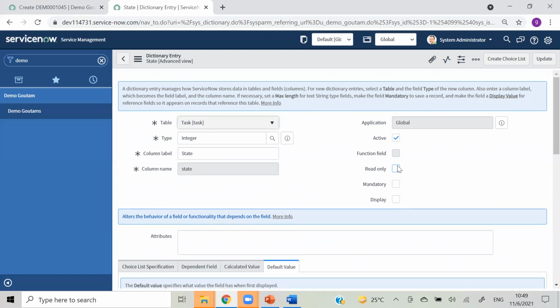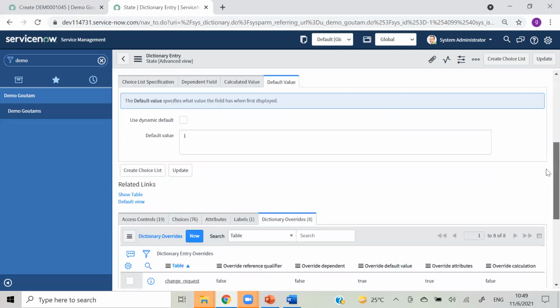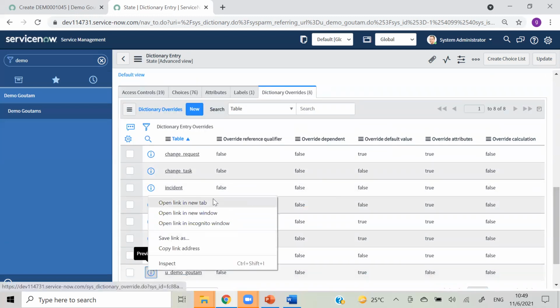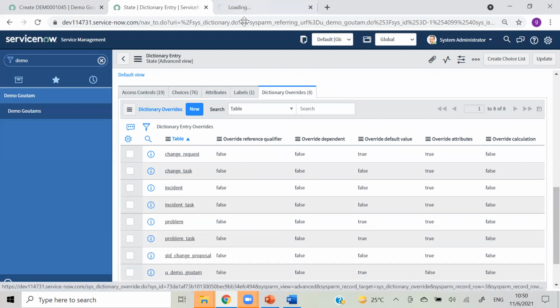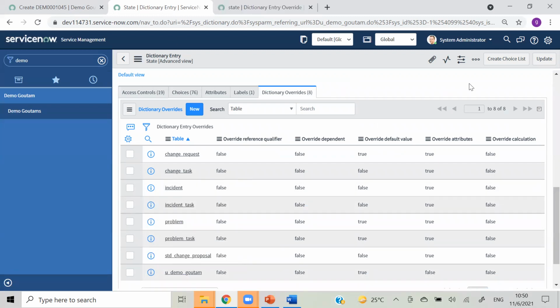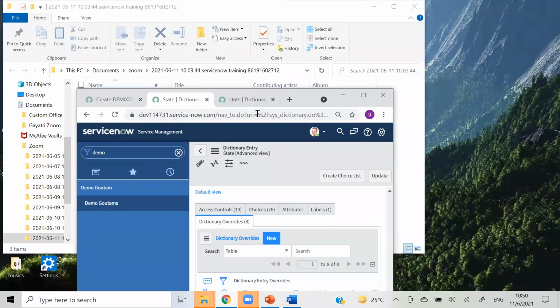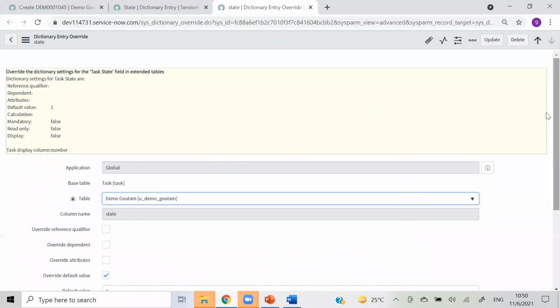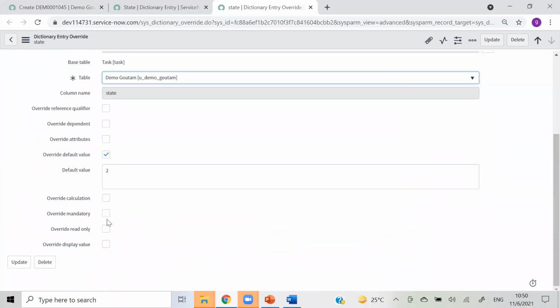These are coming from default table, and you can override that from here. Like by default it is not mandatory, but I want to override that and make that mandatory. So I am opening the existing ticket which I have created, and here I am making that as mandatory.